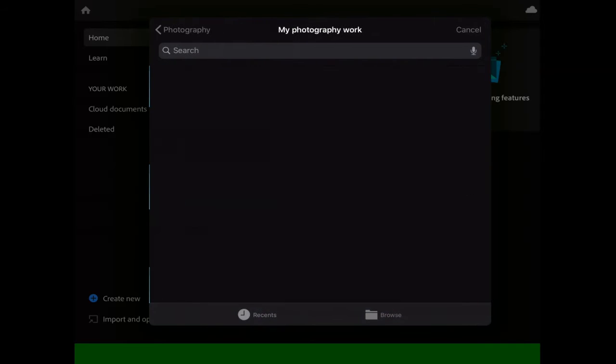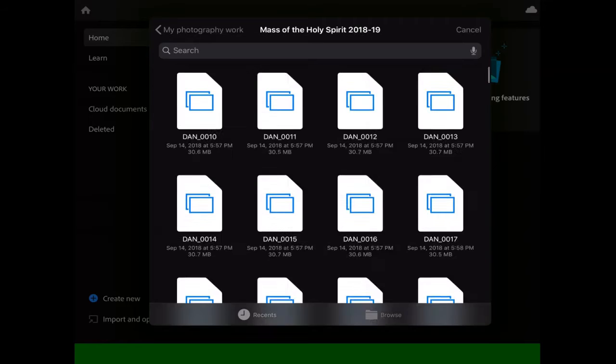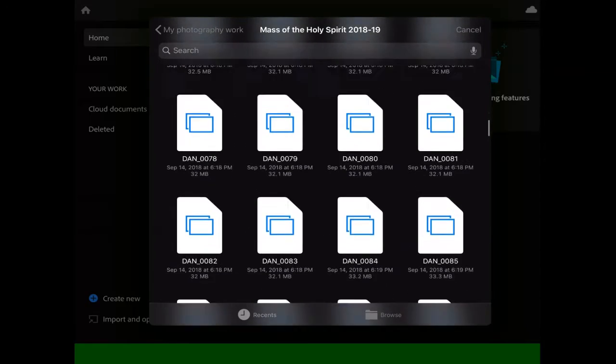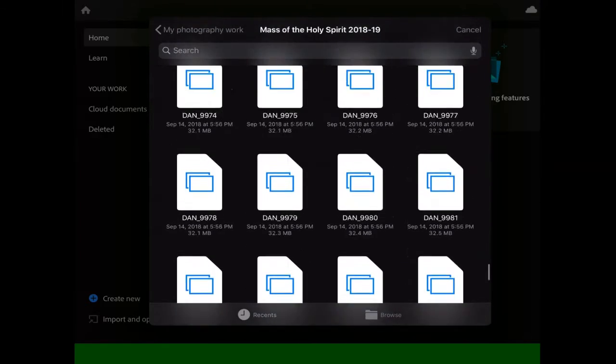So I can go to my photography work, for instance, and I know that I have some pictures in here. I can go to the Mass of the Holy Spirit from 2018 to 19. And I'm going to get all of my pictures loading into here. It might take a second because it might be finding your pictures for the first time, but there's a ton